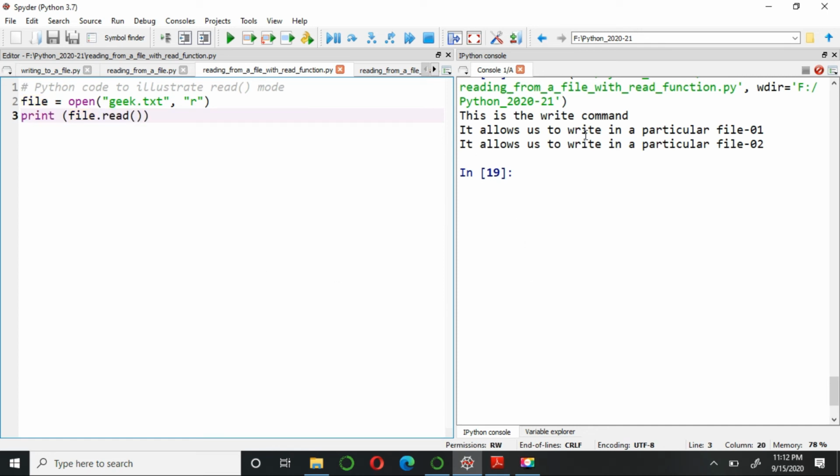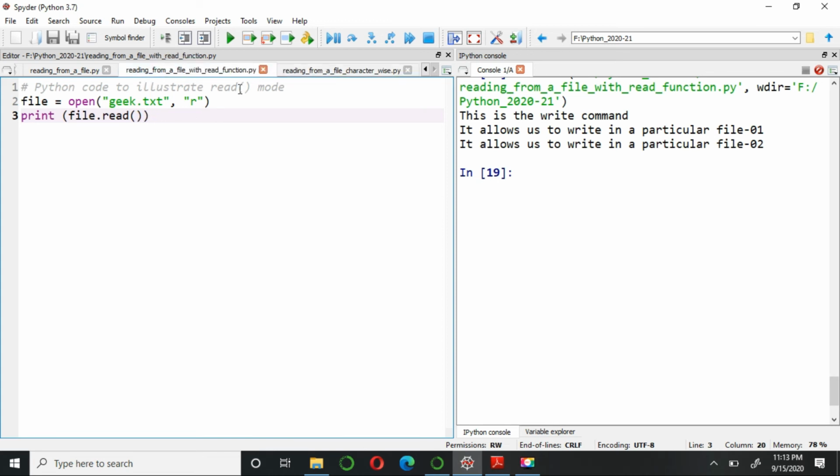So this is the write command. It allows us to write in a particular file. So data present in the text file is visible on your display. This was the interaction I was talking about. It was not there previously. In our previous section of programming, we were just writing the code and executing the code, so there was no proof of saving the data. But in file handling, whatever operations you perform in the program are going to be saved on the drive. The last program is reading from a file character wise.